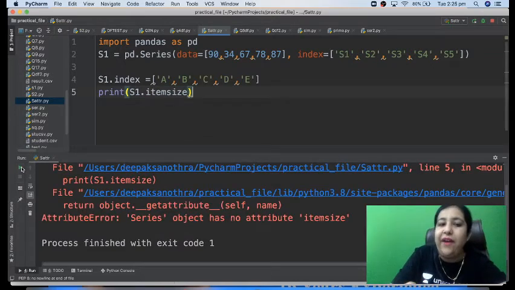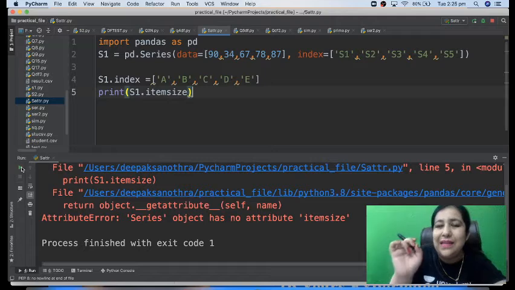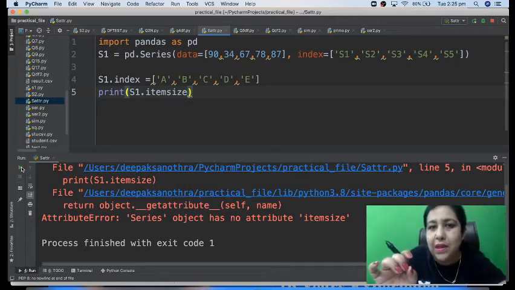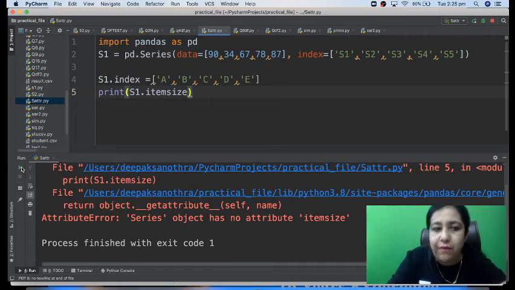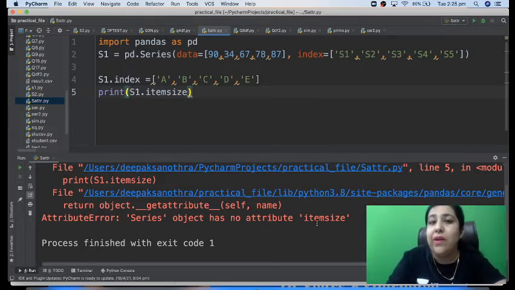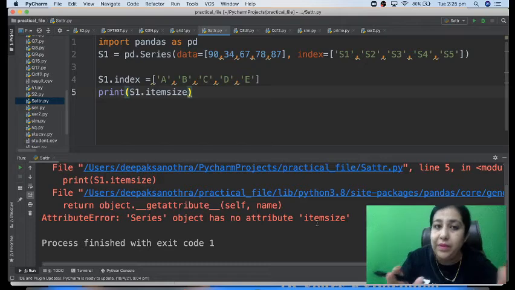In theory it is there, but practically it won't work. But theoretically you have to know the meaning of this, and the meaning is the size required by a single element, which will be 8 in this example because it is int64. That means a single item takes 8 bytes. So itemsize should give you 8, but in the latest version of Python, this attribute does not work. It's been removed. So that's why you will get this error when you try to execute it. But it can be asked in your exams. So for theory purposes, we will do it because it is mentioned in the list of attributes. But practically, you won't be able to use it.